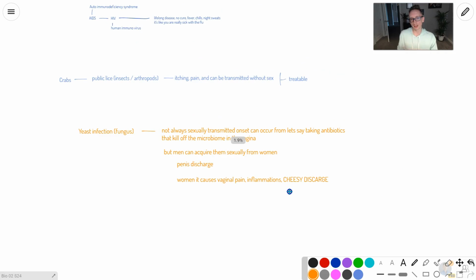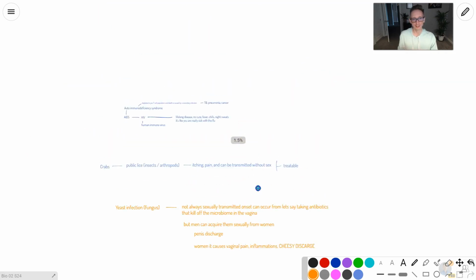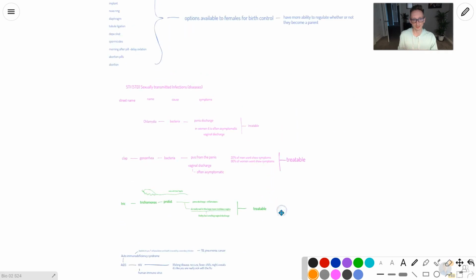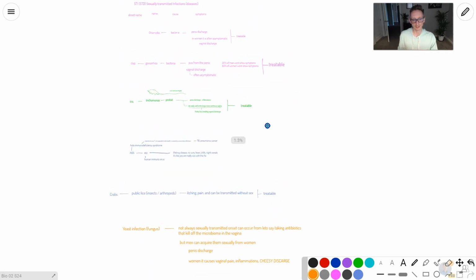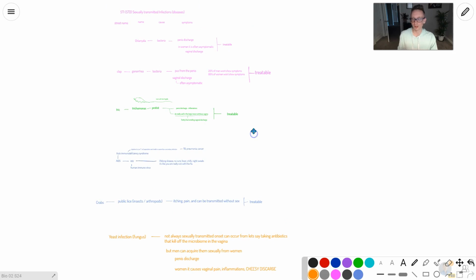All right, so hopefully that helps you with abstinence and being safe when it comes to sex. It's kind of interesting that we cover that the only thing there isn't a sexually transmitted disease of